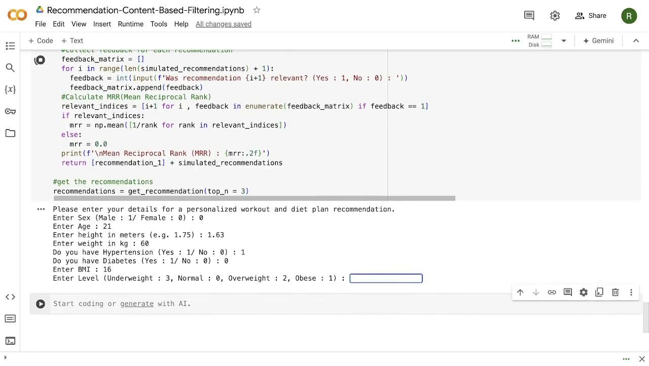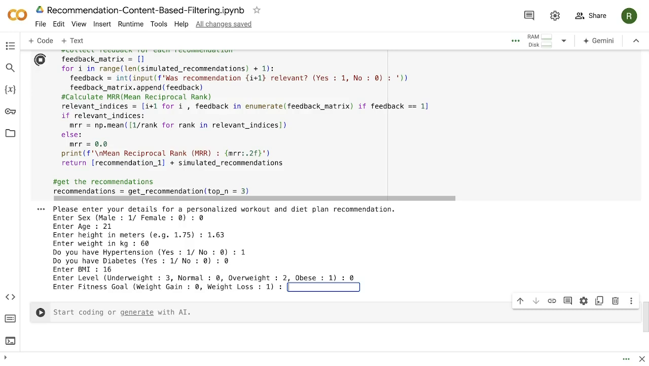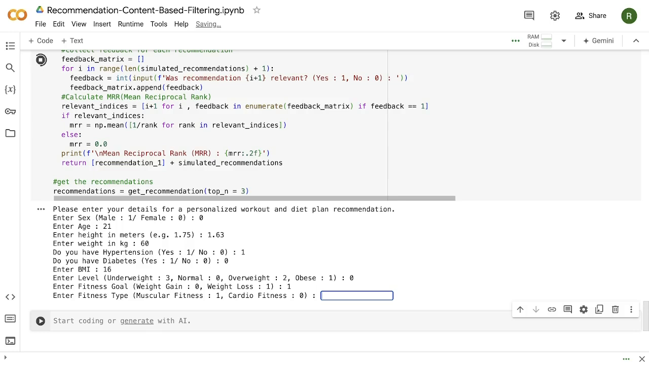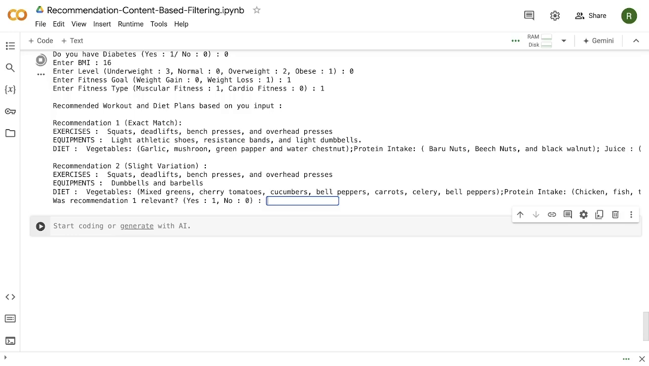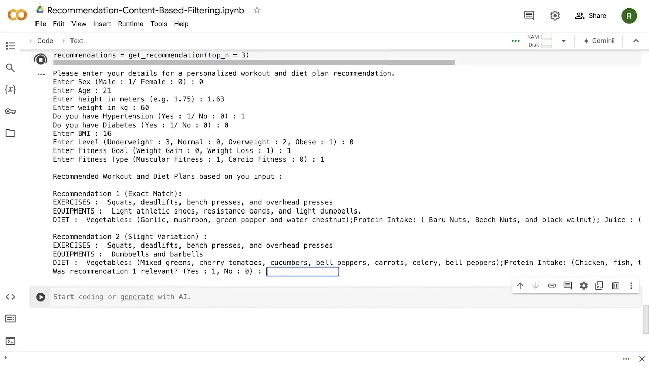Now let's enter the level. Let's say the person is normal, neither underweight nor overweight, so 0. And the fitness goal, that is whether that female candidate wants to gain weight or lose weight. Let's say the person wants to lose weight, so 1. Now the fitness type, whether she wants muscular fitness or cardio fitness. Let's say muscular fitness. As you can see, we are getting a personalized workout plan recommended here,